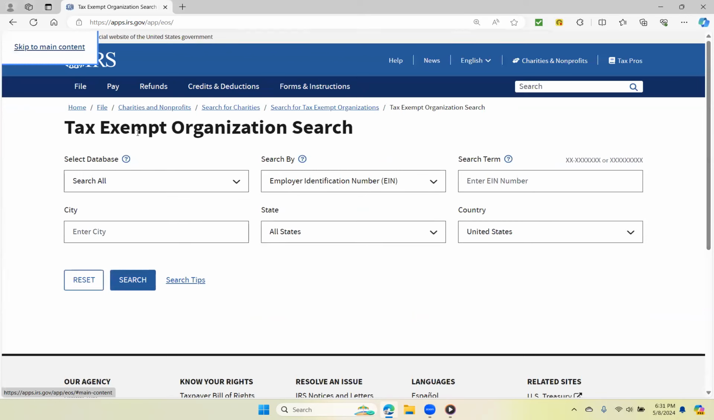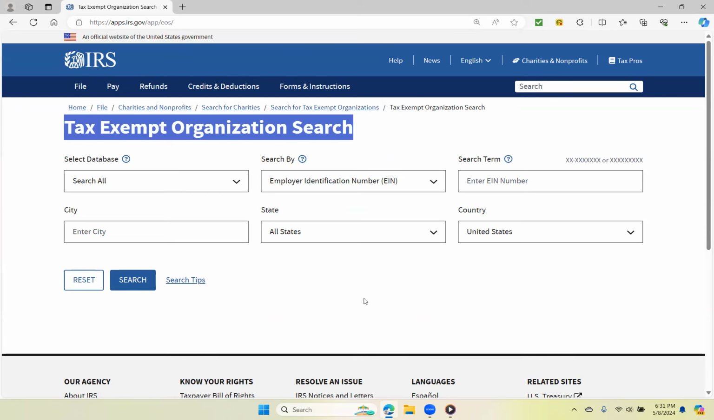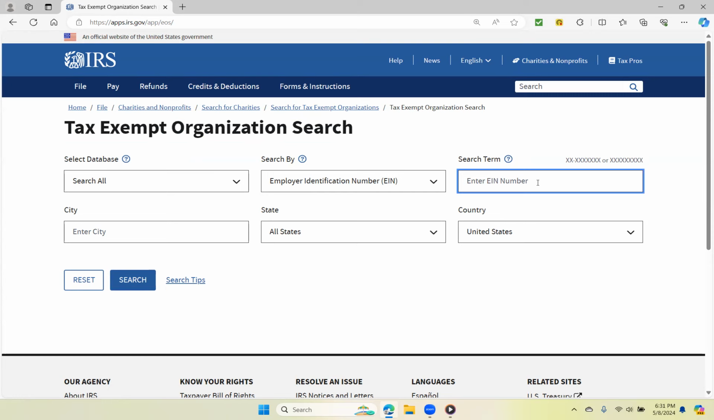Finally, we are at the tax exempt organization search page. And this is where you will go to check the status of your nonprofit organization to make sure that it was not impacted by the accidental revocations. I know my employer identification number by heart, so I'm going to go ahead and click in the enter EIN